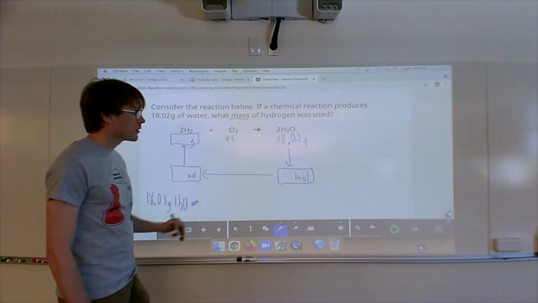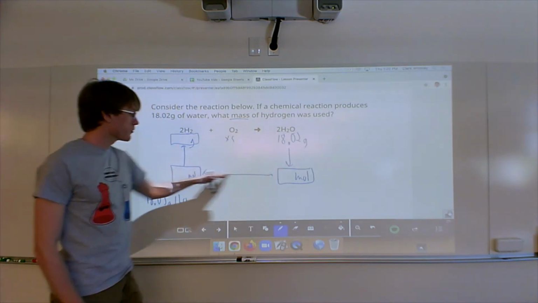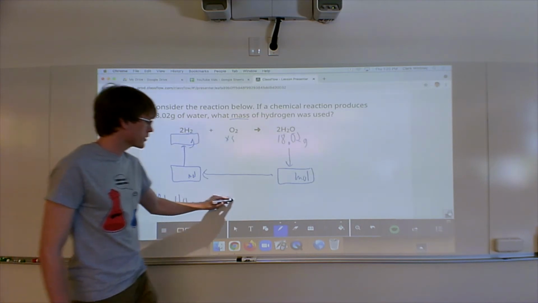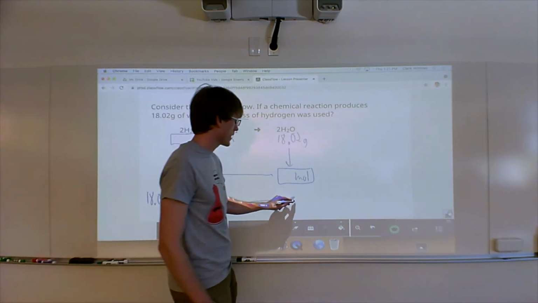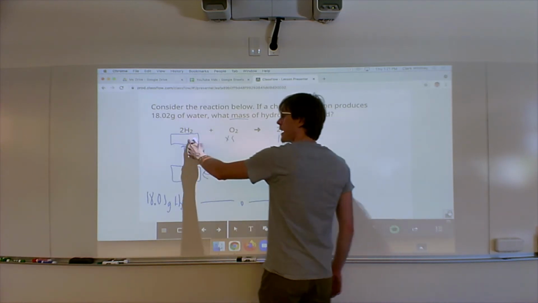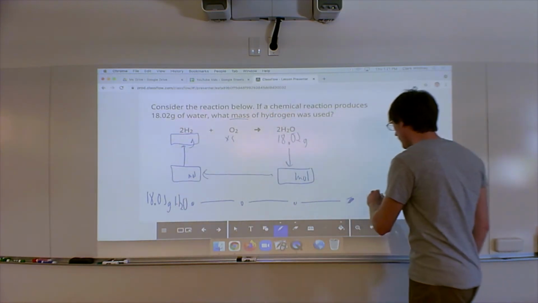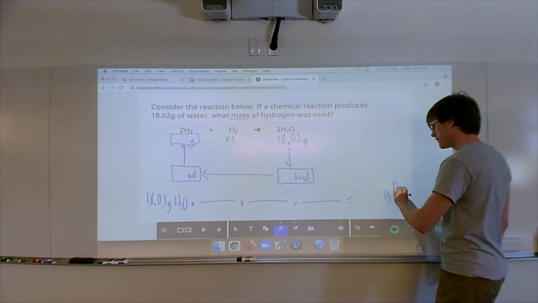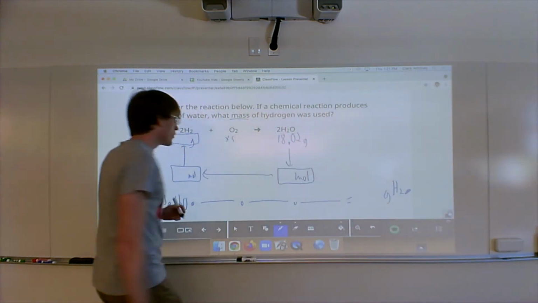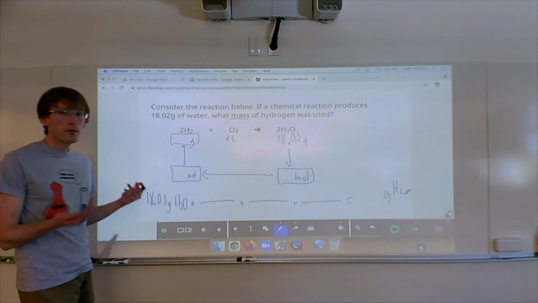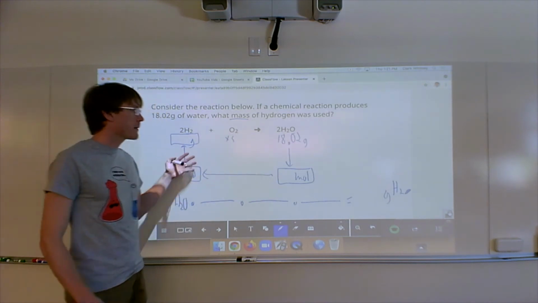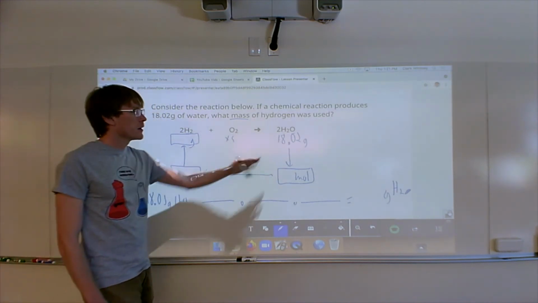I also know that since there are 3 arrows, there will be 3 conversion factors, which is nice. And then ultimately I'm getting grams of hydrogen, so I can fill this in here as well. But there's a little ways to go here. Now, something that I find helpful is filling in the conversion factors when I'm mapping. So for example, with the water,